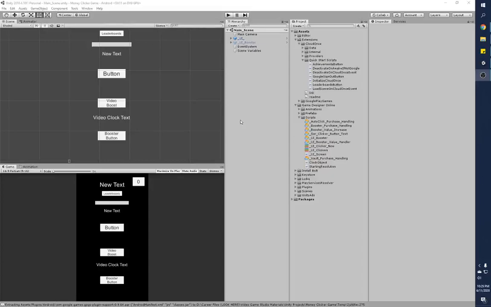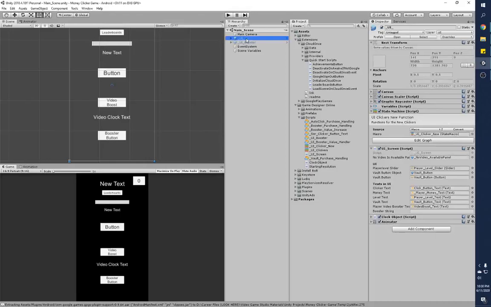Hello, this is a source walkthrough of the things that we have done, which are slightly different for the video clock text and the video boost. So here are the changes. The first change that was made is in the clock object. We'll open the clock object in Visual Studio Code,